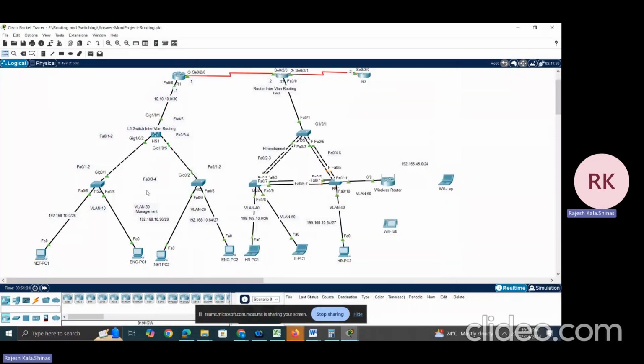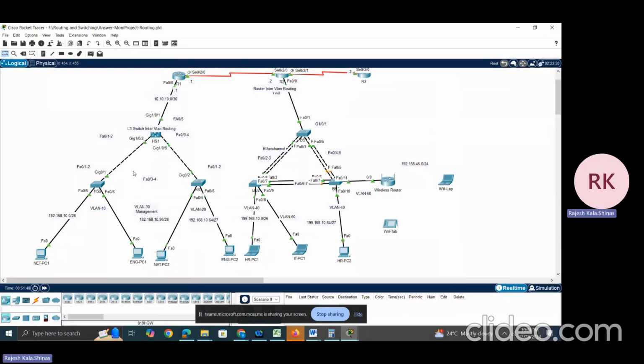So we discussed how to configure inter-VLAN routing, then how to configure a DHCP server in a layer 3 switch, then how to forward the packet from the layer 3 switch outside the network. We have the no switchport command. Now what we have here is SSH. So SSH means